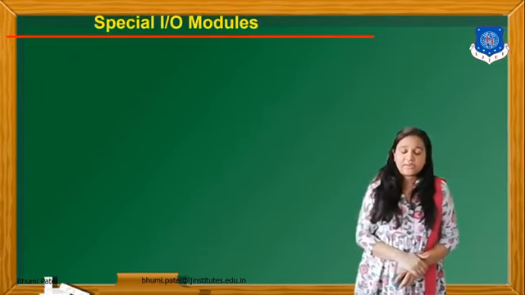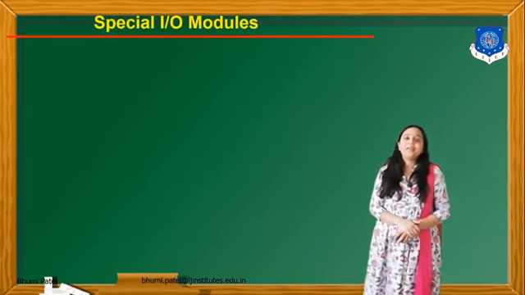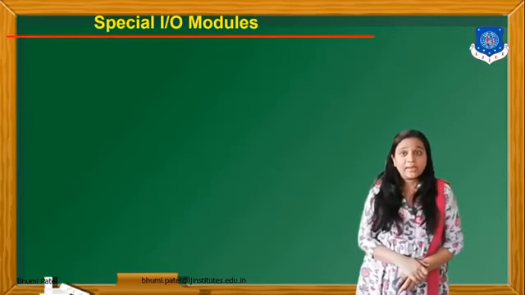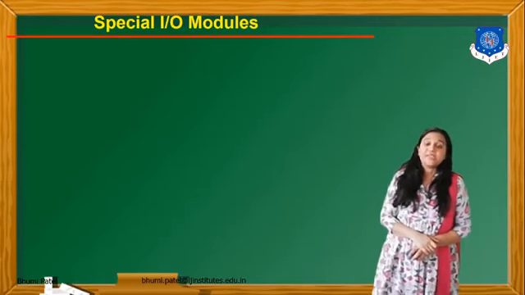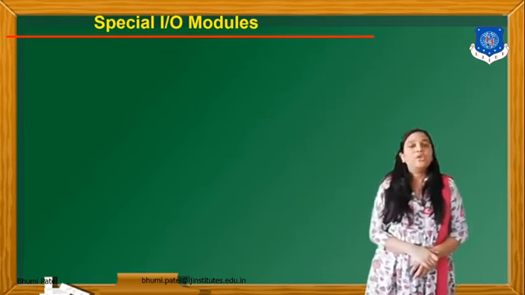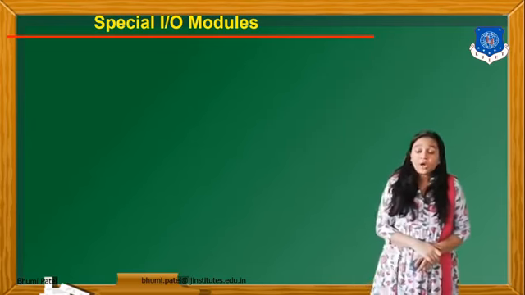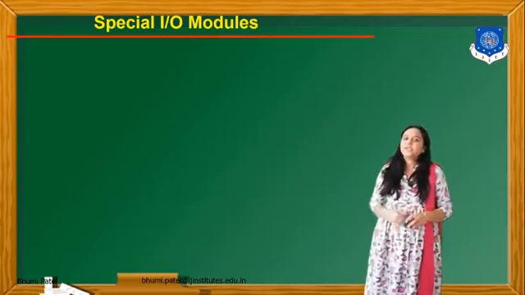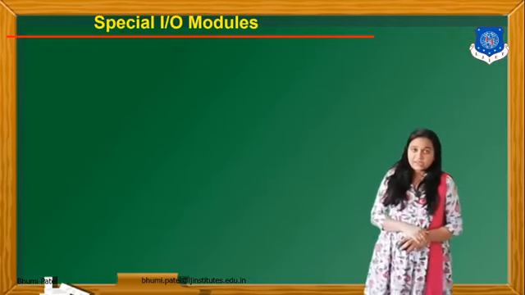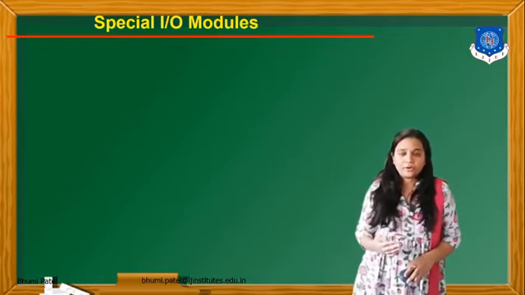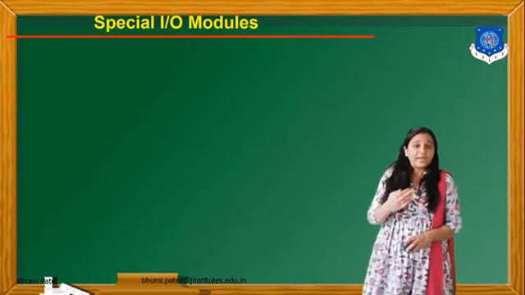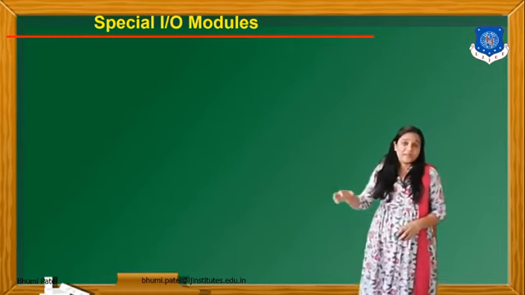Now the next one is the special I/O module. Before that, in the analog I/O module, we connect a twisted pair cable because its capacity is greater than other cables. Okay. Now we have different applications in instrumentation and control systems. Depending upon the application, if we use a level controller, then we connect a level transmitter. If we use a pressure controller, then we connect a pressure transmitter.